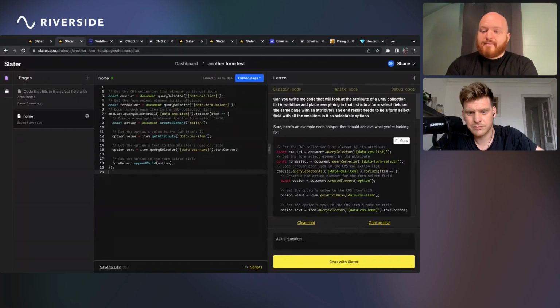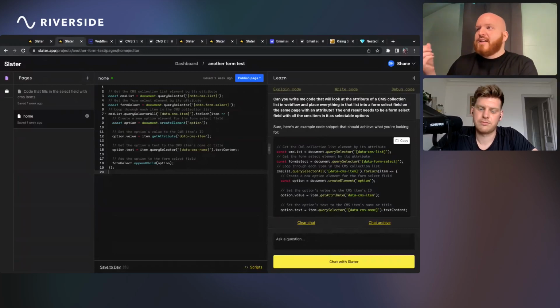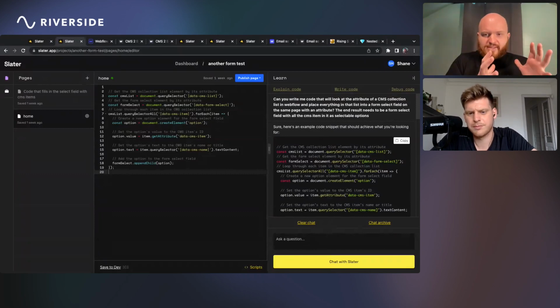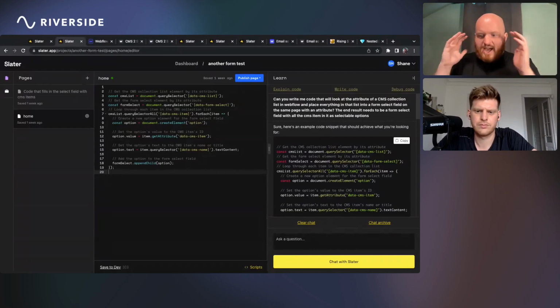Yeah, so my approach is I try to use plain English. And part of that is long term, right? The AI is going to learn plain English, and it's going to work really well with plain English. So I'm thinking a little bit ahead, trying to train it to work better for people who don't know how to code. But part of what I do is I just think as clearly as possible: okay, I need this CMS list in this select field. How do I say that?